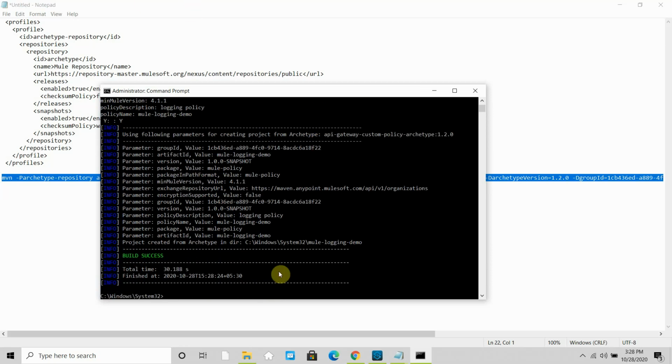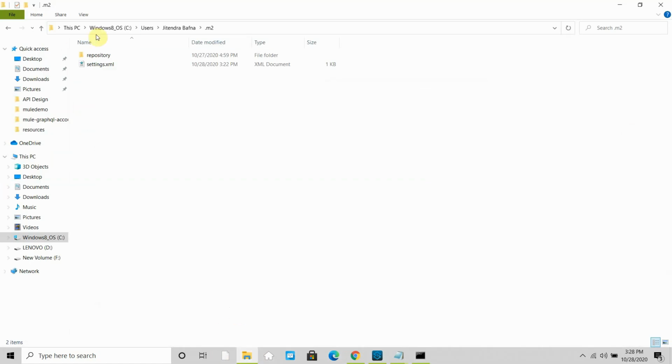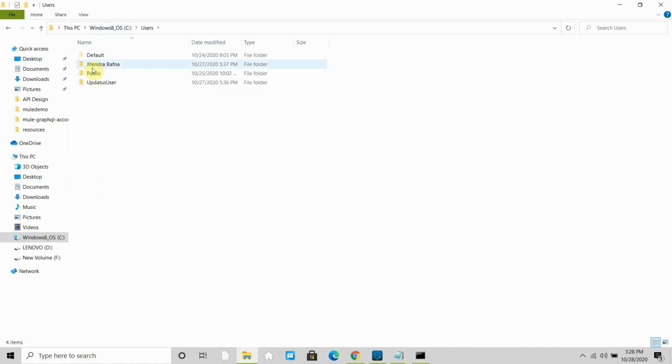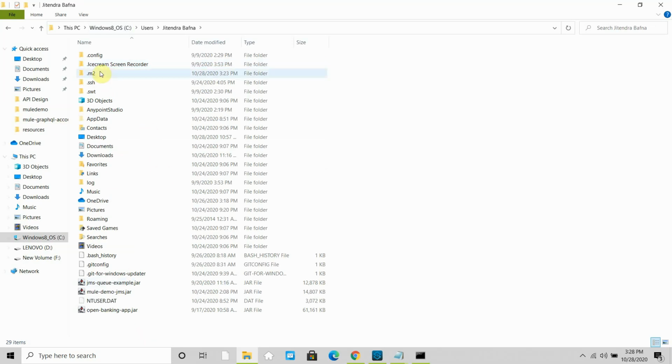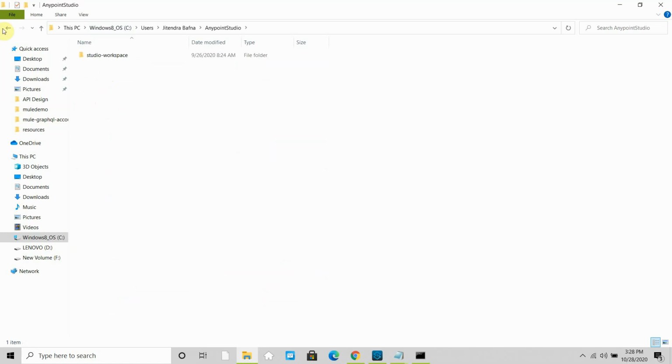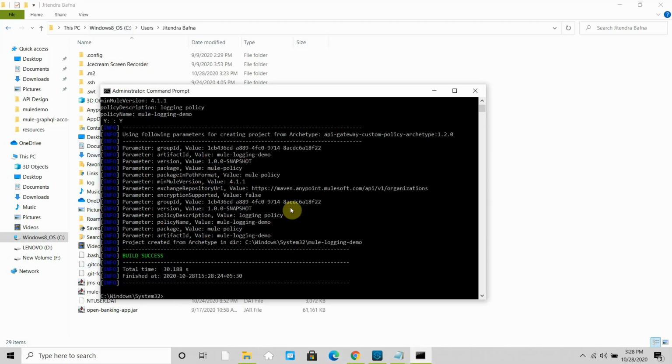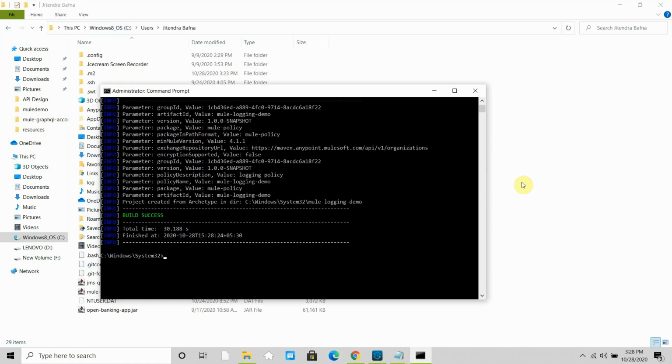So it has generated a project for me. Basically, where it generated the project, it might be under Users and Jitendra Wafna, and you can see the project here somewhere. Okay, it's under Anypoint Studio, it's not there. Where has it generated the project?